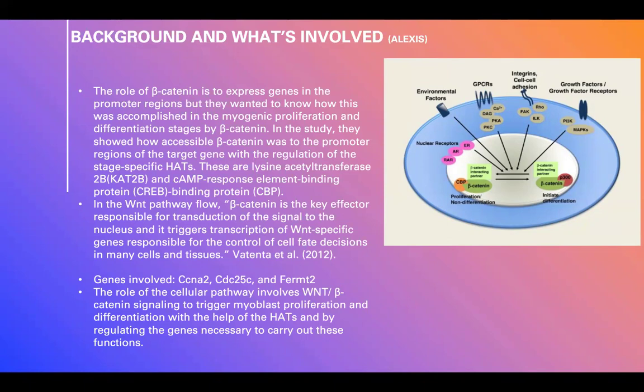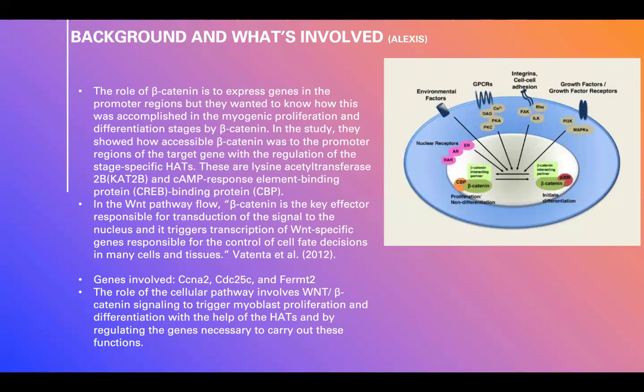cAMP response element binding protein, CREB, binding protein, or CBP. In the WNT pathway flow, beta-catenin is the key effector responsible for the transduction of the signal to the nucleus, and it triggers transcription of WNT-specific genes responsible for the control of cell fate decisions in many cells and tissues. So for the genes, it's CCNA2, which is cyclin A2, which is expressed during the mitotic division of somatic cells,